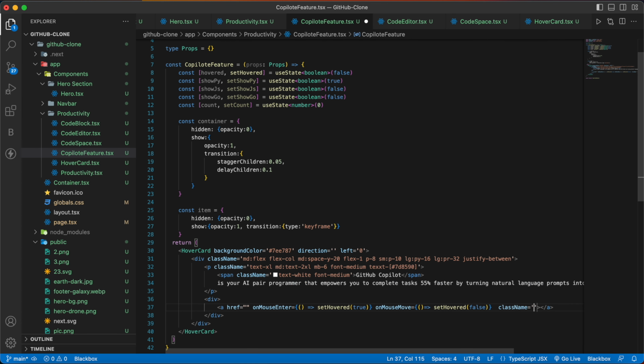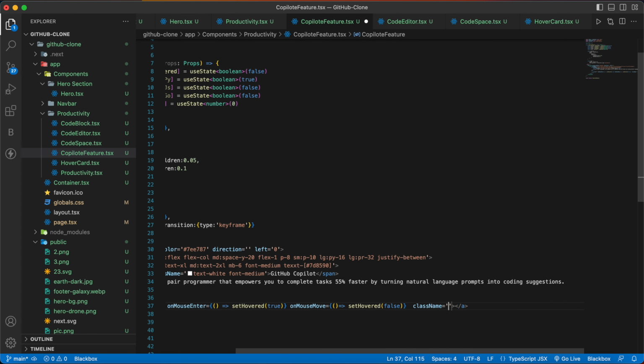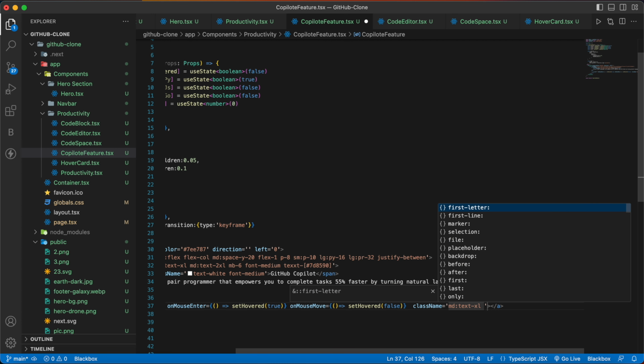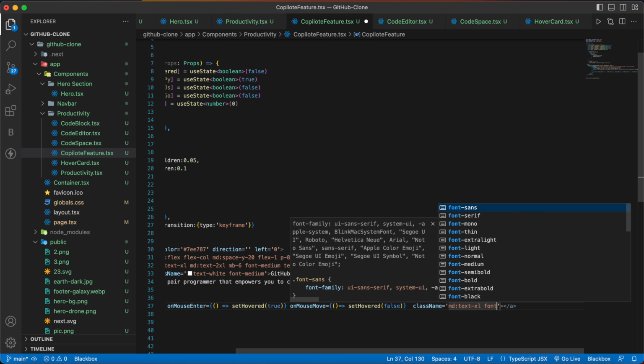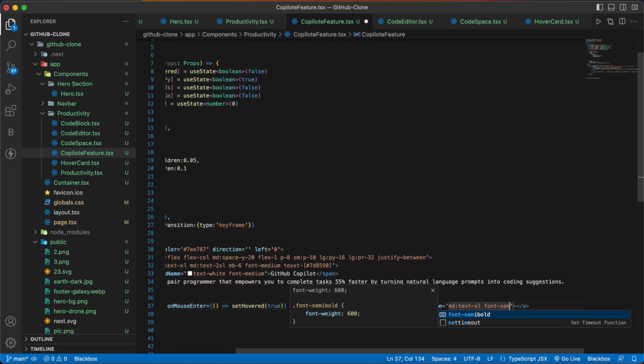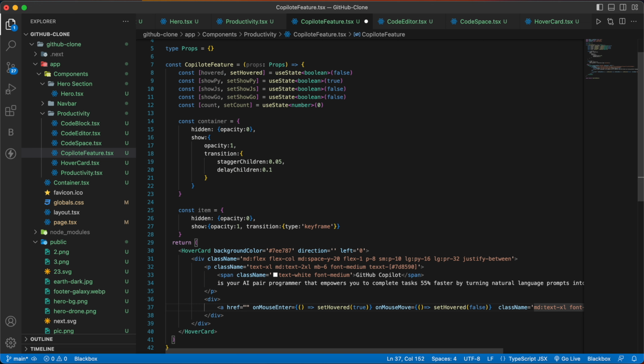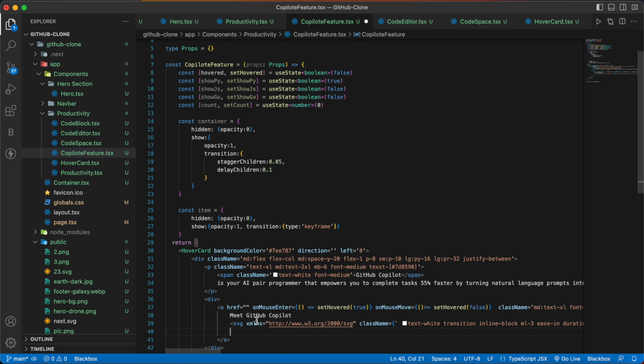After that we are going to have a class name, inside that empty, text-xl, then font-semibold, inline-block. We can write Meet GitHub Copilot, and then we are going to use svg here, and we are going to use one more div with